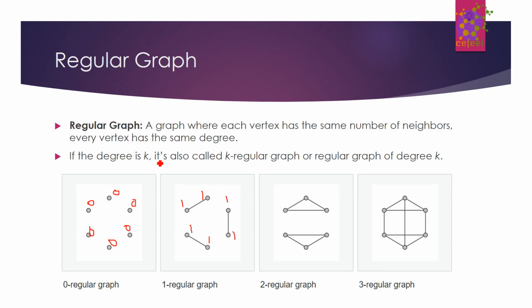The graph may be connected or disconnected. The next one has every vertex with degree 2, so we can call it a 2-regular graph. The last one is a 3-regular graph where each vertex has degree 3. Now for a given degree, there could be many different ways the graph can be defined, so the graph is not unique. A k-regular graph may not be unique, like in the case of a complete graph or a cycle graph.